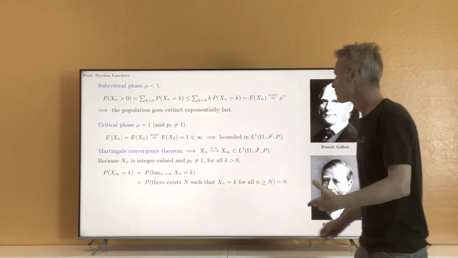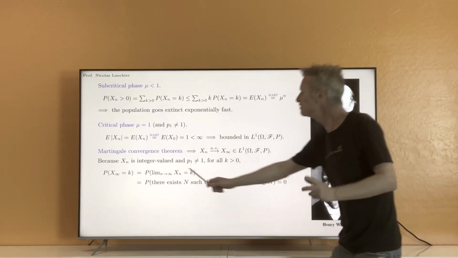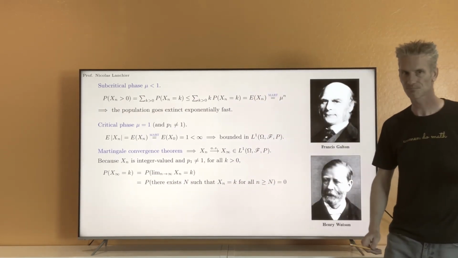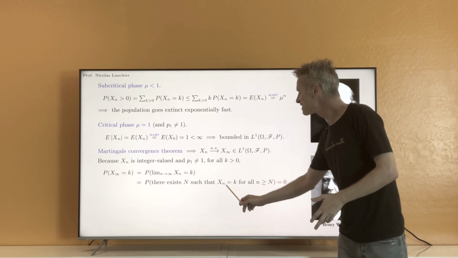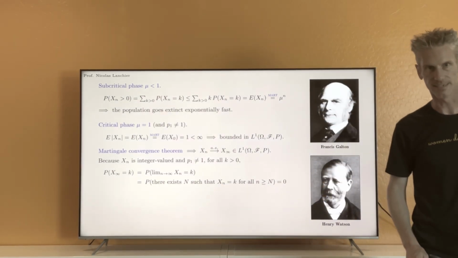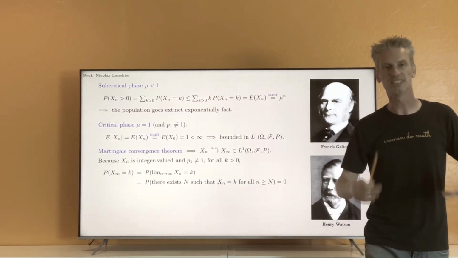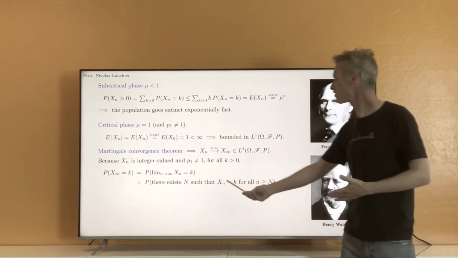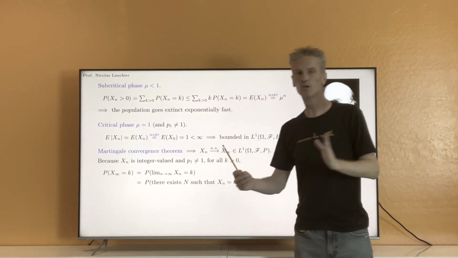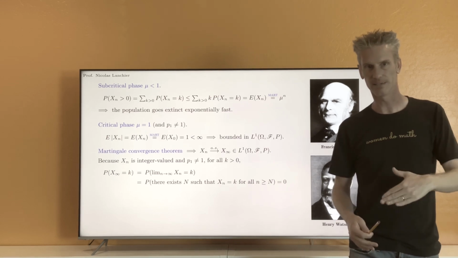And so from that we can go from this step to this step and say that if the limit is k, that means that there exists some capital N such that Xn is equal to k for all little n larger than capital N. In this event here, capital N is a random variable, but it says that the time it takes for Xn to reach k and stay there should be almost surely finite. That's an almost surely finite random variable N.